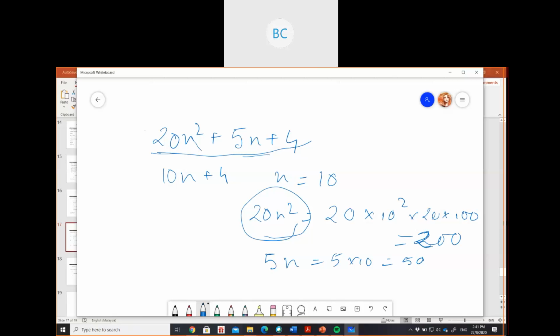Since only this part is moving along with the time, we are just going to take this part only. In asymptotic notation, we will always ignore the constant factors and the insignificant part of an expression just to make it manageable. Right? It's a bit difficult for anyone to analyze this whole term, 20n square plus 5n. If you analyze it, you have to see which part is more significant.